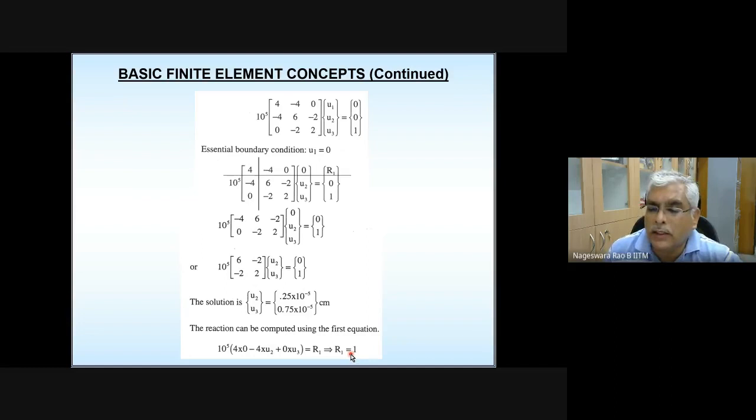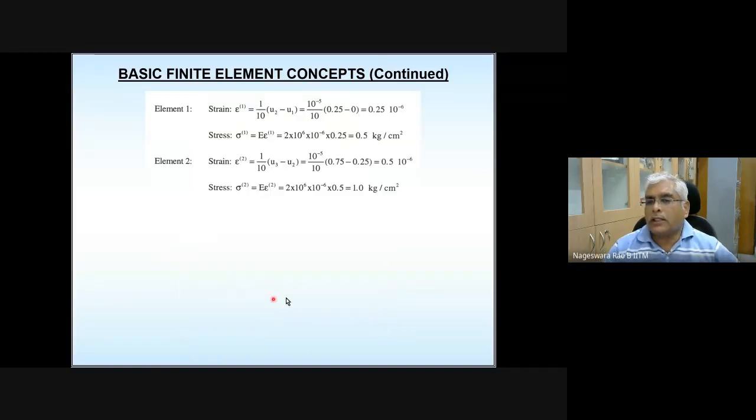So now you got, okay, our solution is correct, but what we did is we just determined the nodal values. We know U1 is 0, U2, U3 we just determined, but I'm interested in what is the strain in element 1, what is the strain in element 2, what is the stress in element 1, what is the stress in element 2, what is the force in element 1, what is the force in element 2. So all that. Now you got the nodal values.